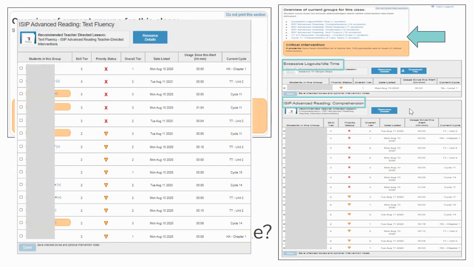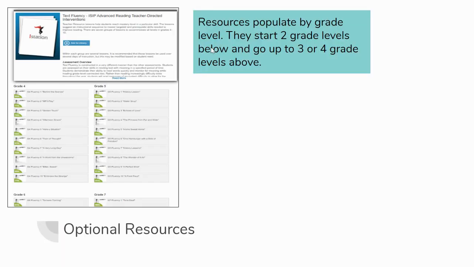So in this case, I clicked on the text fluency band. Here I can see a list of students who might need some support there. But what I also notice is that at the top, there are some resources available for me. When I click on resource details that's highlighted in blue, it'll populate some ideas of some resources I might want